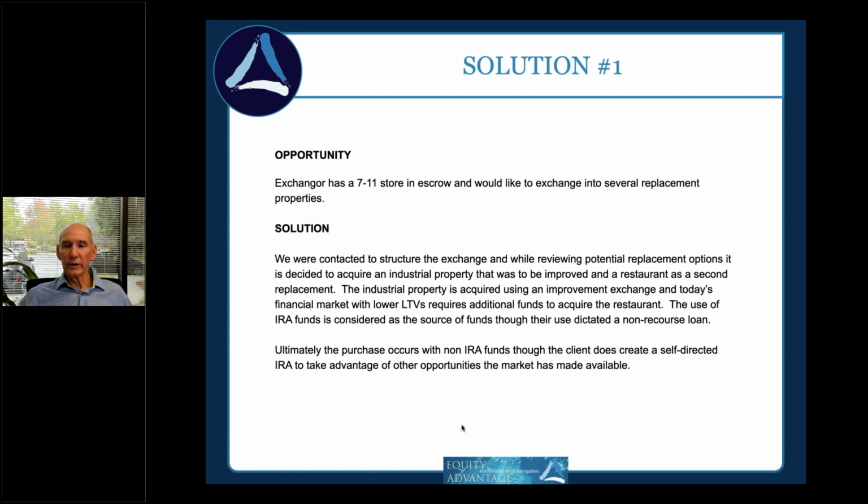But anyway, if we're looking at this transaction, it was a situation where the guy wanted to combine plan money and personal money. So we did an exchange out of the 7-Eleven, ended up buying some restaurant property. Ultimately, he was trying to combine the plan money and the personal money in the acquisition. At that point in time, understand if we're financing something with an IRA or 401k, it's got to be non-recourse debt. So you're not typically going to walk in to your friendly lender and get a loan. It's got to be from a bank that specializes in that type of space.